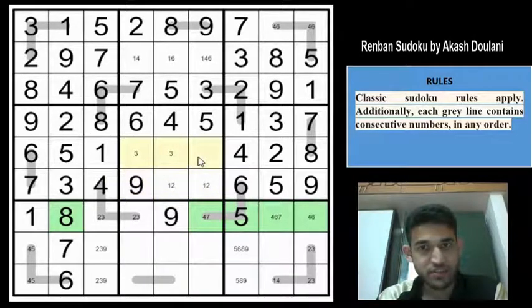And these 3 cells must be 3, 7 or 8, right? Because of the 7, we can eliminate the 7 from there. Great. So these 2 cells cannot be 5 or a 6. They will be 8 and 9. And because of this 2, we get a 3 here. We get a 2 here, and these 2 cells can't be a 2. And this 3 gives an 8 here. And 2, 6, 7, 3, 8, 9. So these 2 cells must be 1, 4, 5. We are getting some good progress.